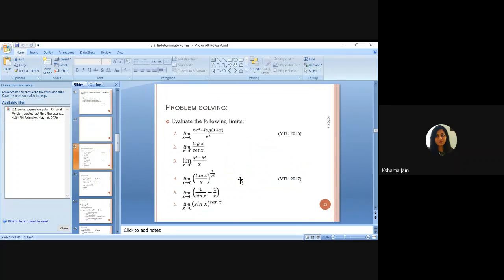So here we start. These are the problems. These are some problems. I will elaborate on around 1 to 2 problems, and after that it will be up to you. I will share these slides as well, like before. It will be your homework to complete or practice them. So first I will start this.